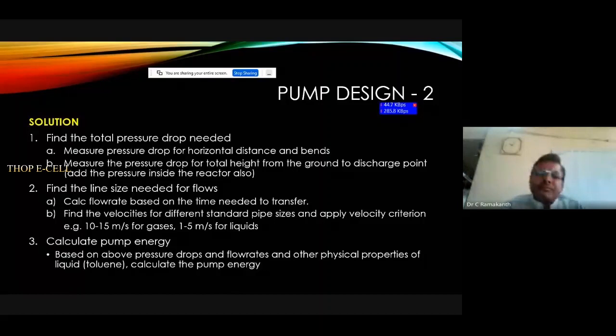So we bring the velocity value between 1 and 5 meters per second by increasing or decreasing the line size, and zeroing in on the correct line. Sometimes line sizes come like 27 or 28 millimeters,